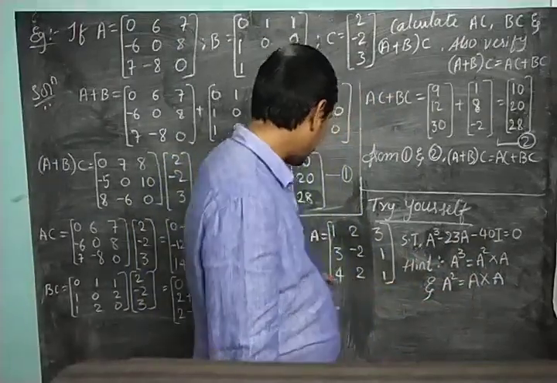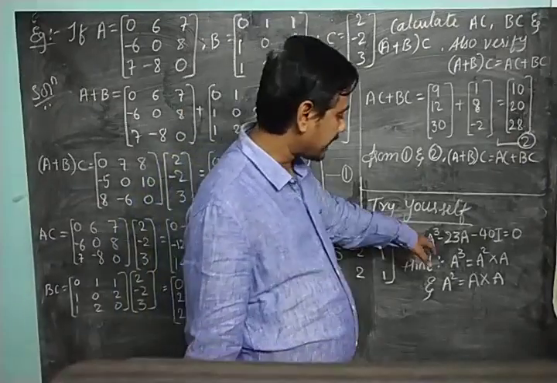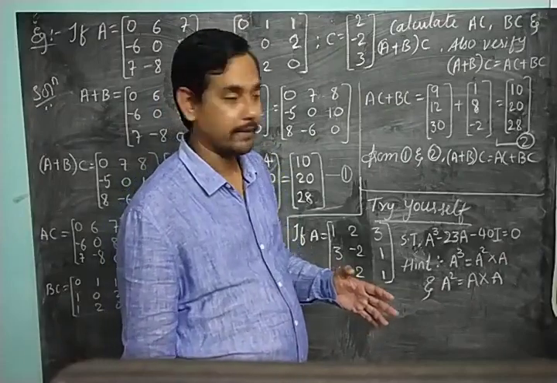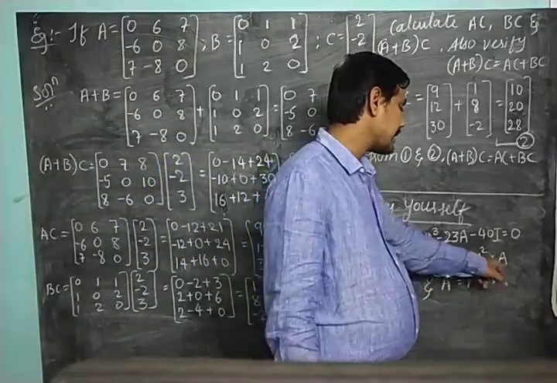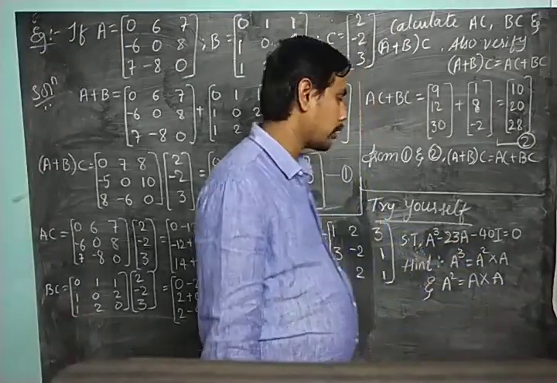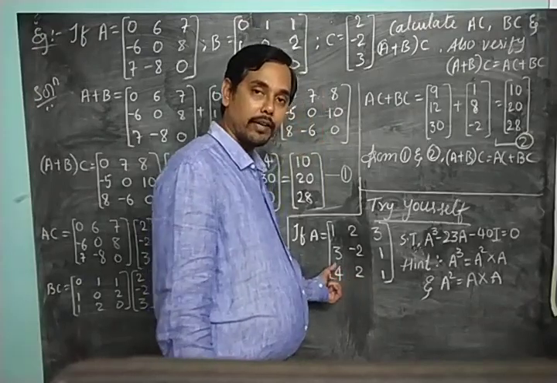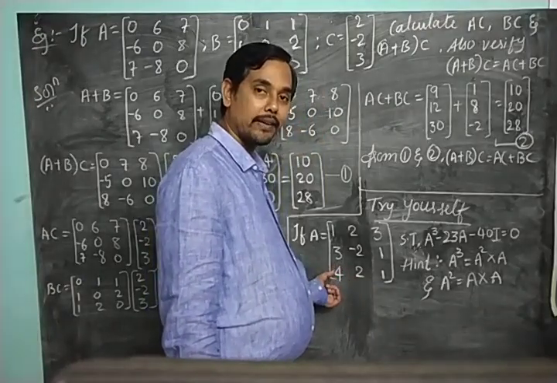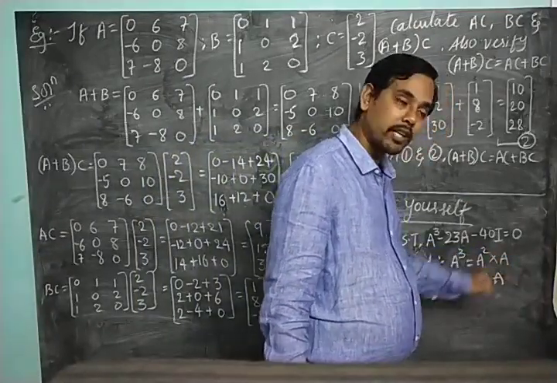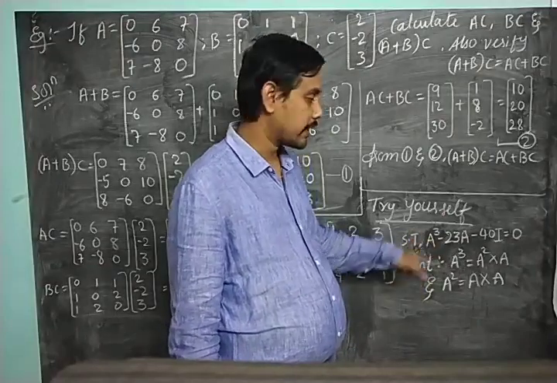So here only one matrix is there, that is A. From this A we should get the value of A cube. What is A cube? Generally it can be written as A square into A. But what is A square? It is A into A. So if you want A square, you need to multiply A into A. Once you get A square, you once again multiply this A to it, and you will get this A cube.